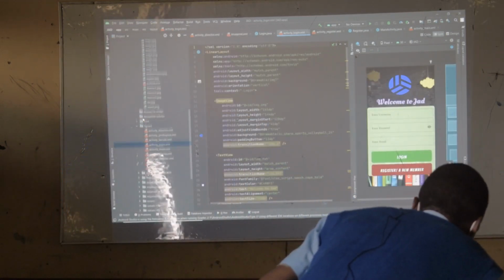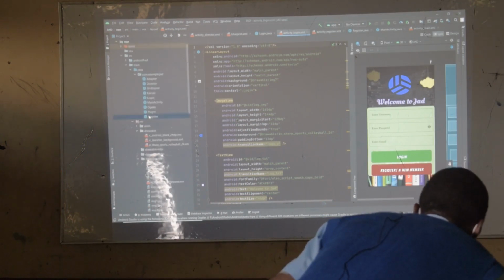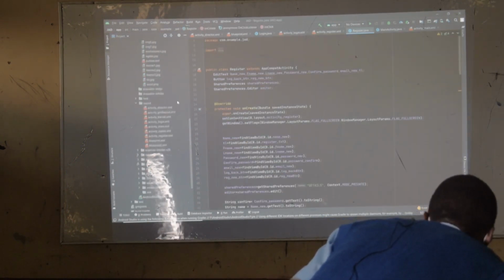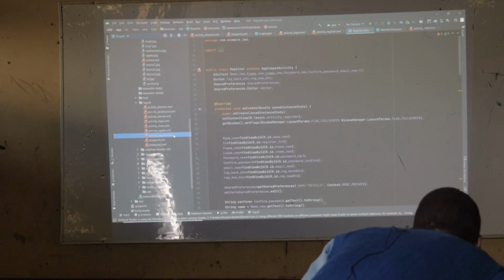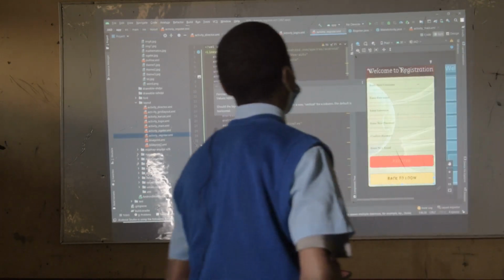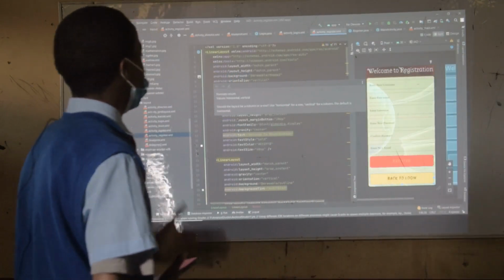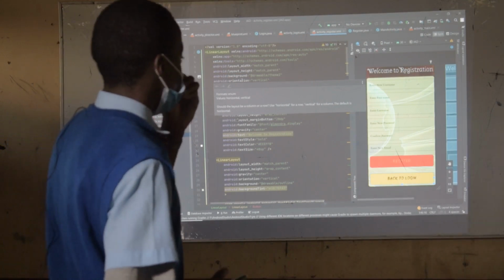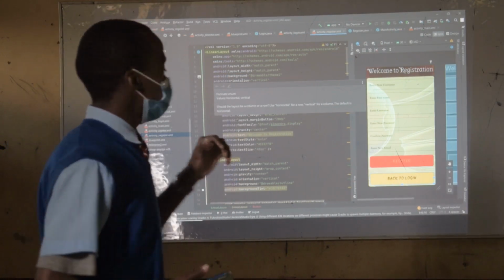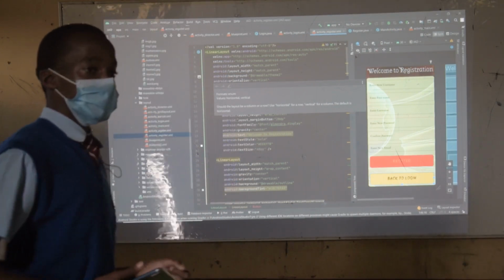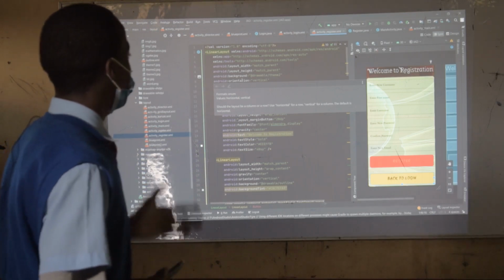the register. This is where it will take you. In the register activity, here you'll be required to insert the various information that is required, and